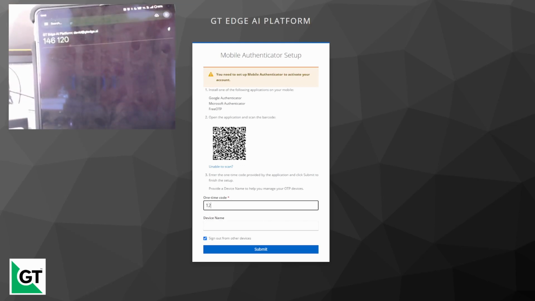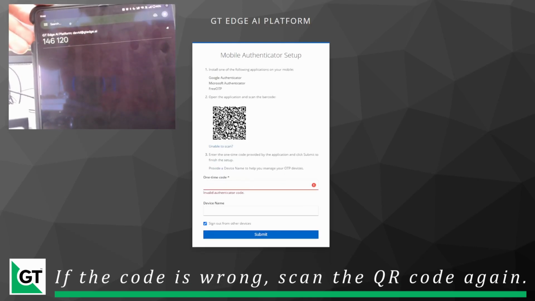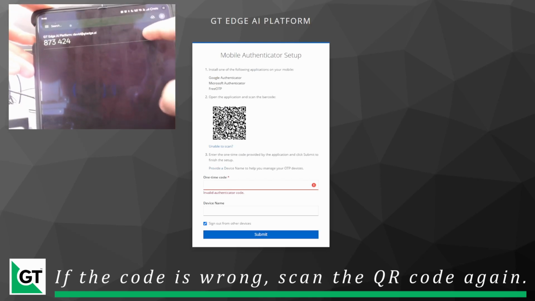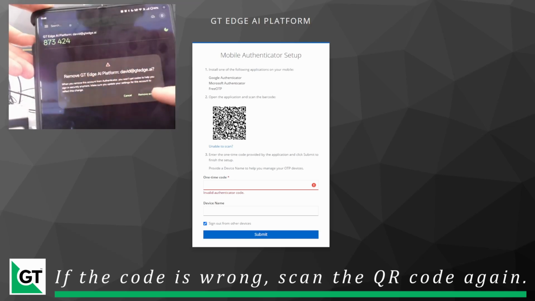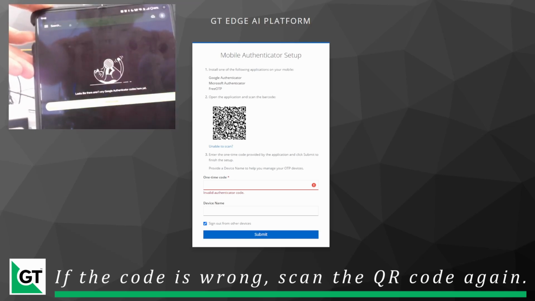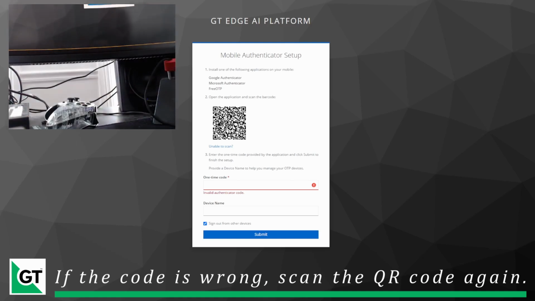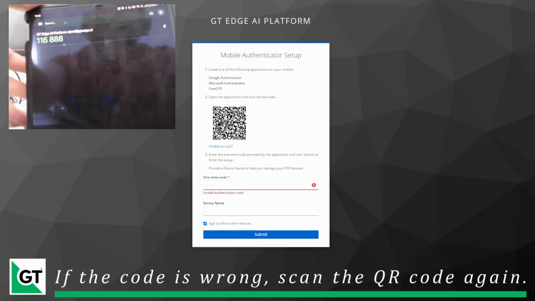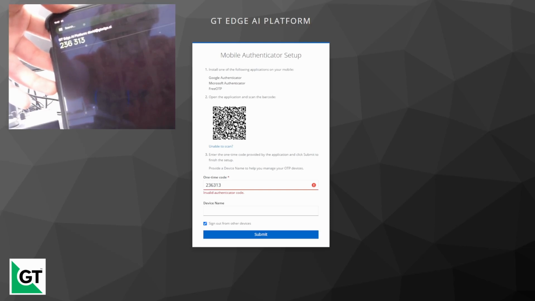If you put in an invalid code or refresh the page, you will receive an error and the QR code will change. If this happens, you will need to swipe left on the entry in your Google Authenticator app and then remove that account, remove that entry from the app. Then you will need to scan the QR code again to ensure that you are entering the code for the correct QR code. So once you've entered a correct code and click Submit,